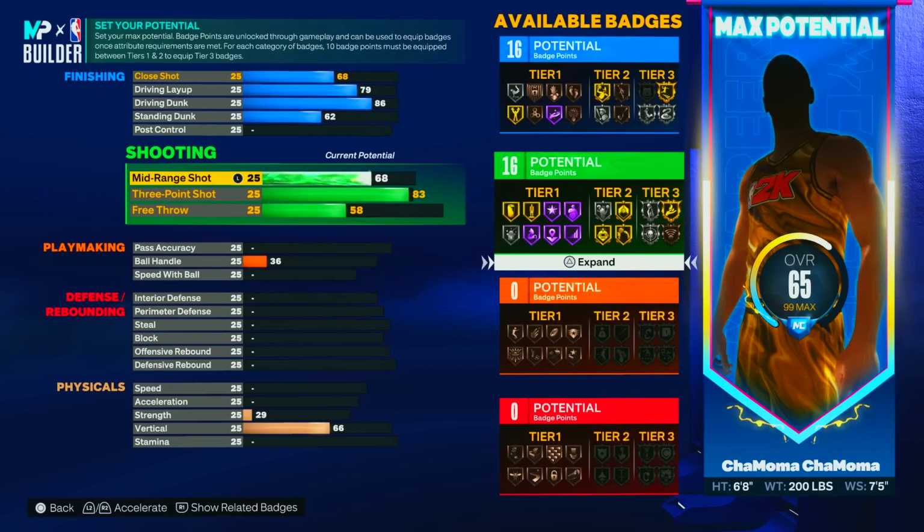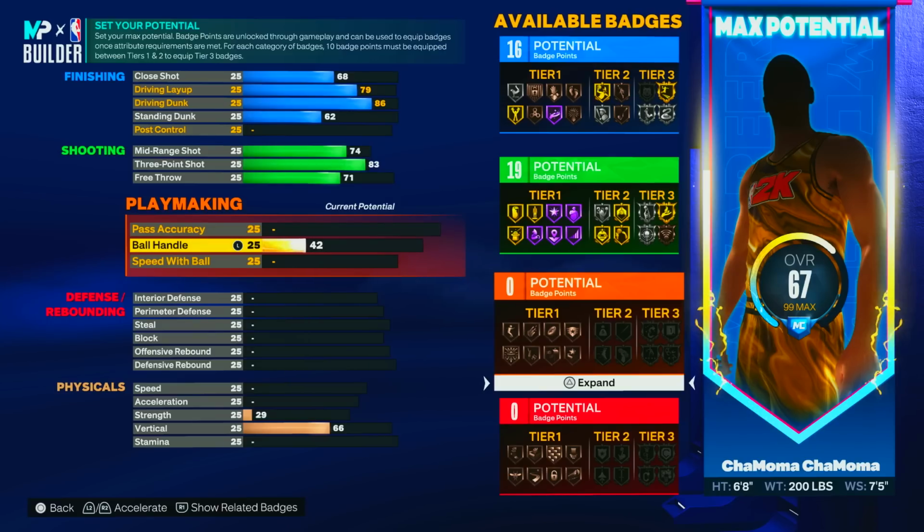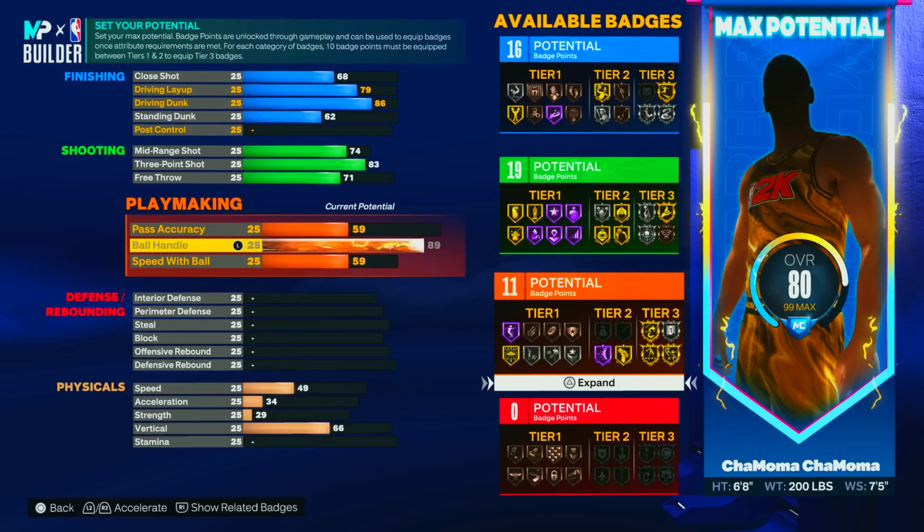I moved the same as the build with quick first step on Hall of Fame. It's just based on your movement and what moves you're doing on the build. But with this build, we're going to have an 86 driving dunk, the 79. It's going to be exactly the same, but the only thing that's going to be minor difference is the actual